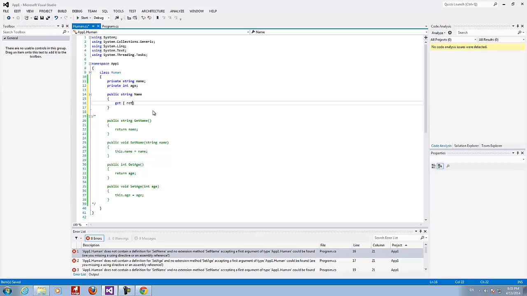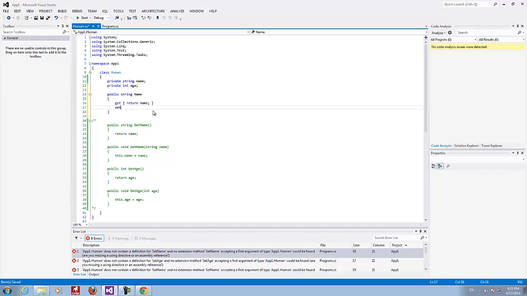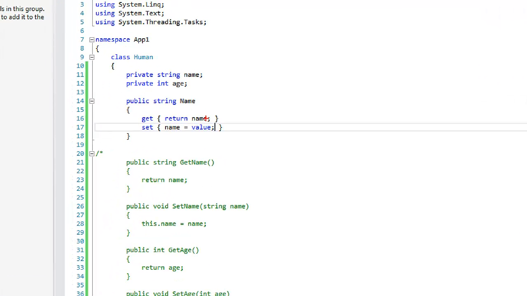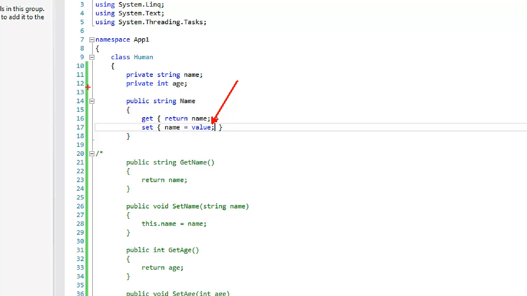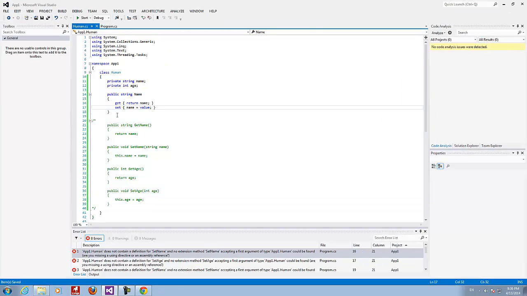Get return name, and I'm gonna define set name equals value. Pay attention to the special keyword value, so we don't even have to use anymore the keyword this. Less code and a conceptual difference between a method and the property.